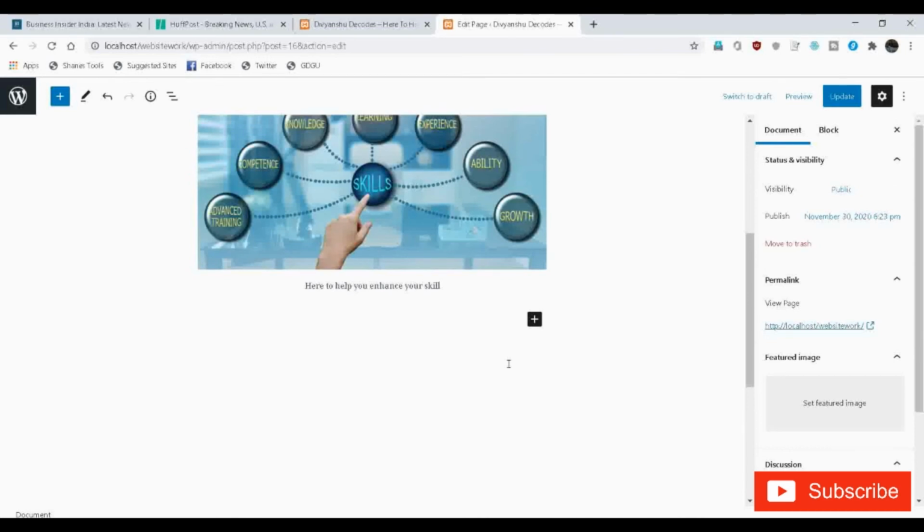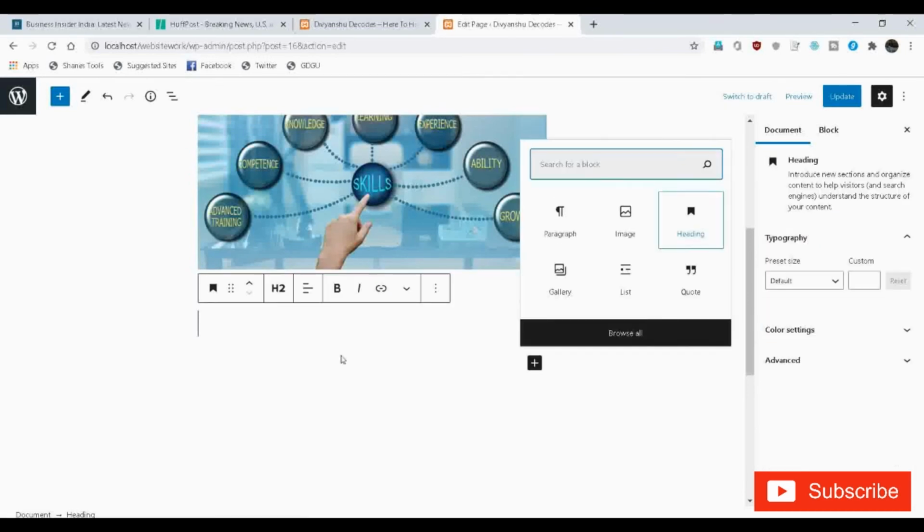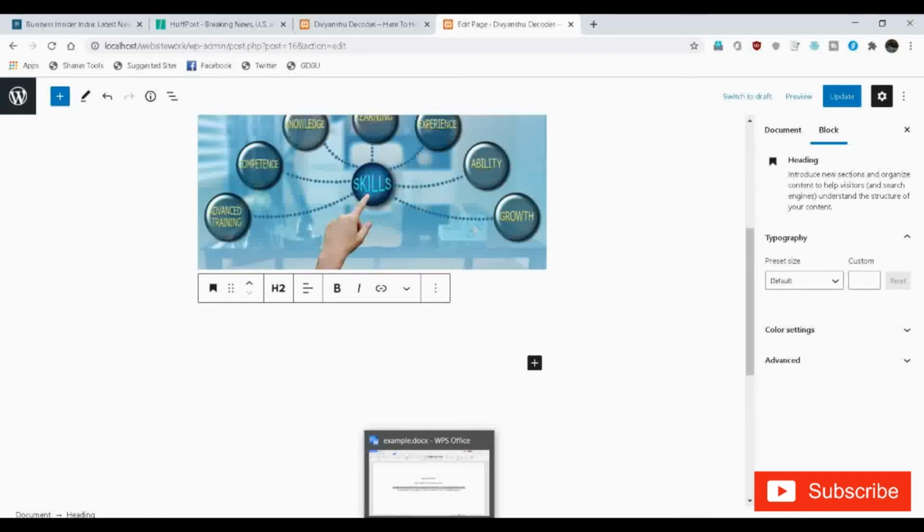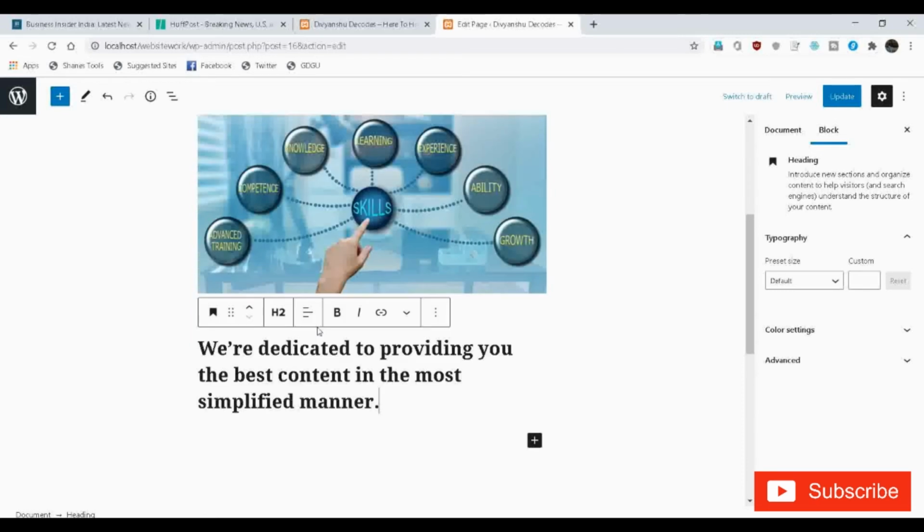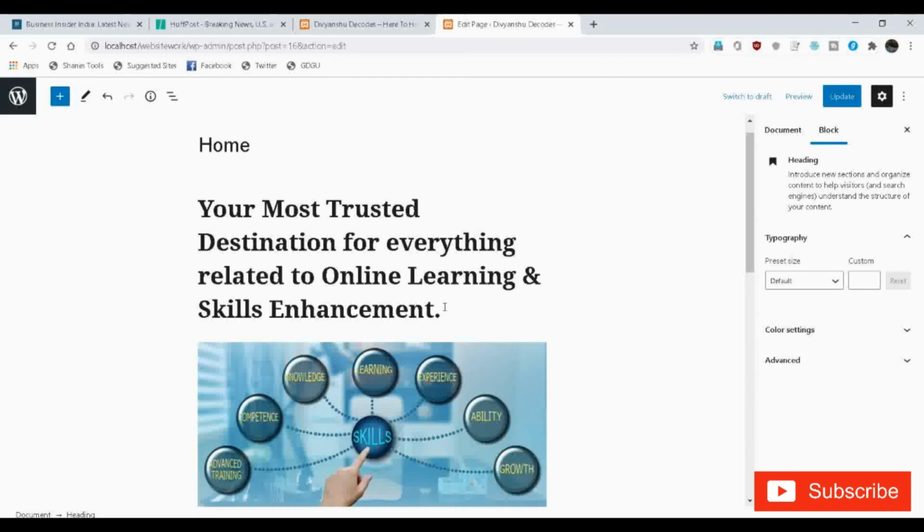And the next thing we want to add is a subheading, H2 heading, where I still have some pre-written text. So I'll copy that and we'll paste it over here. As you can see here, after clicking on a block, you do have various options. Like from here, you can change block type or style. From here, you can also change the heading level, like from H1 to H2 or H3, H4, something like that. From here, you can drag the block. From here, you can change the text alignment, right? Like if you want it to be center. So we'll make it center. And also this text, I want to make it center.